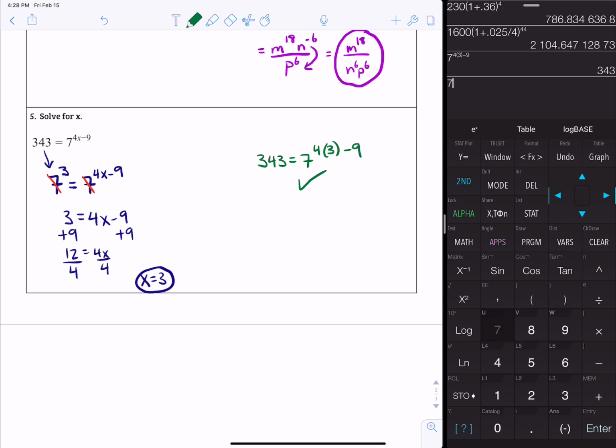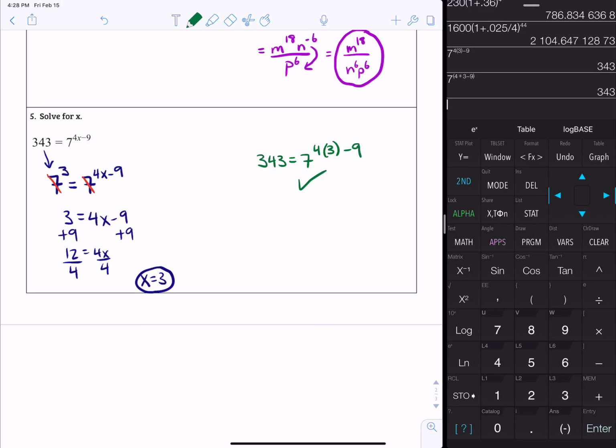Now, if you have an older calculator, just keep in mind you probably need to put all of that in parentheses. So 4 times 3 minus 9, like group it all together in parentheses to make sure it treats it properly. All right, so that's it for